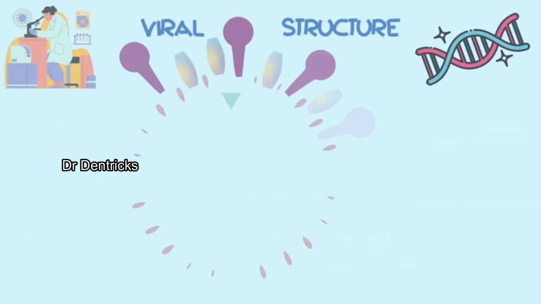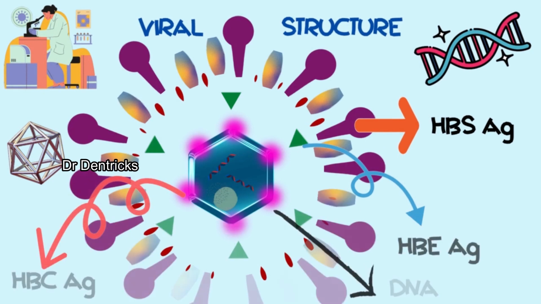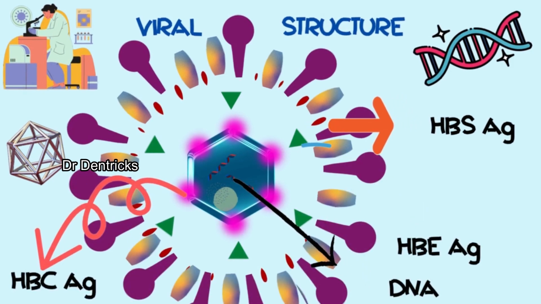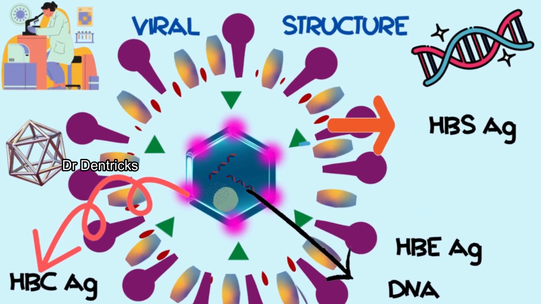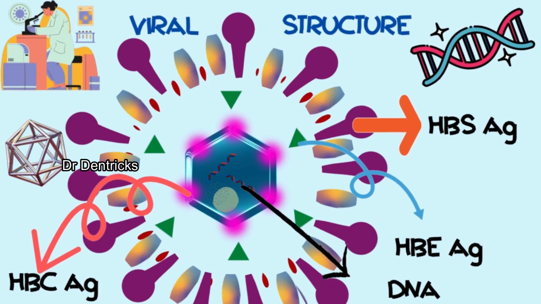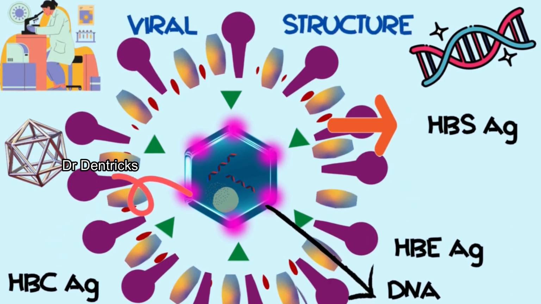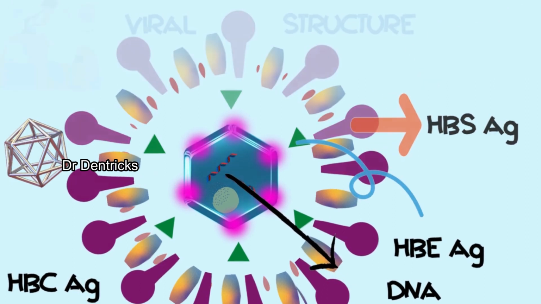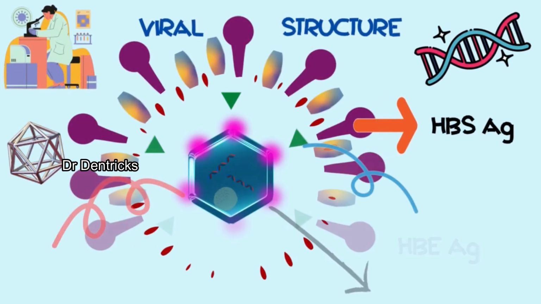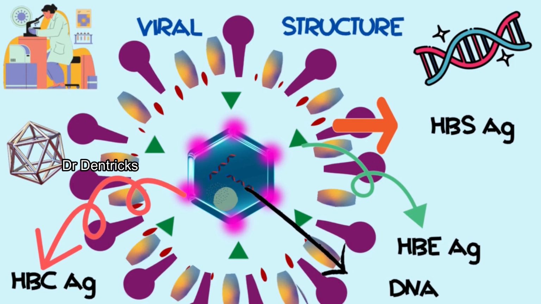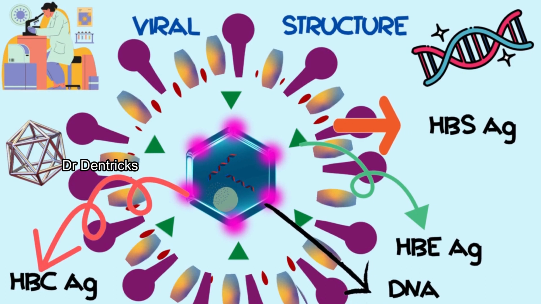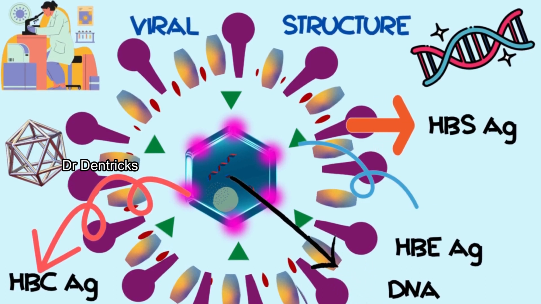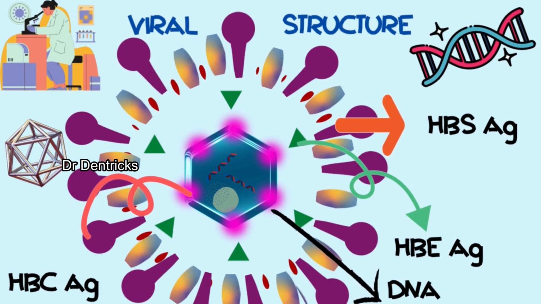Coming to the structure of this virus, the central core contains the nucleus, in which there is double-stranded DNA along with some enzymes like reverse transcriptase and deoxyribonuclease. The nucleocapsid is icosahedral in shape, that is, a shape containing 20 sides. It contains a particular protein or antigen known as HBcAg, that means hepatitis B core antigen. This nucleocapsid is surrounded by another antigen known as HBeAg, that means hepatitis B envelope antigen. The outer layer is a bilipid layer, meaning it contains two lipids arranged in a sequential manner.